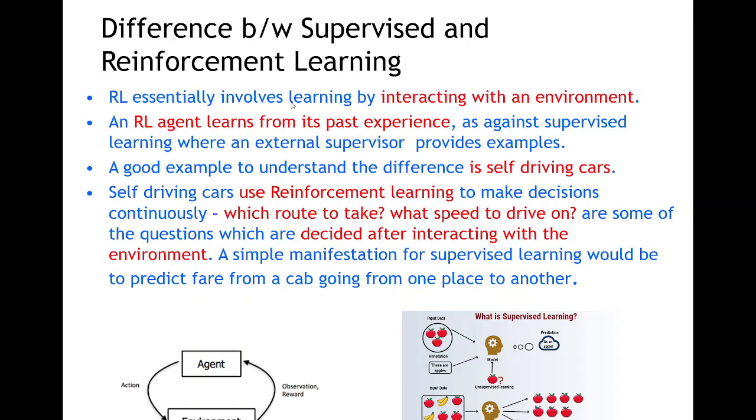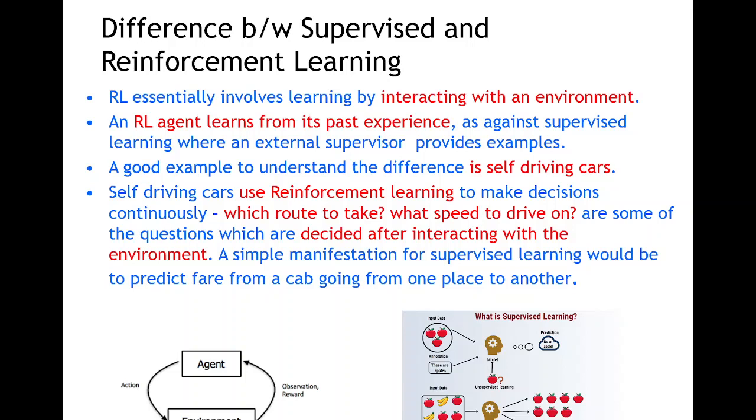So this means that in reinforcement learning, the agent or the algorithm or the computer does not know what the right answer is. Okay, and this means that there is no ground truth that an agent knows. What it is doing is just interacting with the environment, and while interacting, it is making a series of decisions, and based on the decisions, it either fails or passes. As a result of the decision that it takes, it then learns, and based on the value that it gets from the environment, it decides what is the best action it should take in its next attempt. So in reinforcement learning, the agent learns from its past experience,